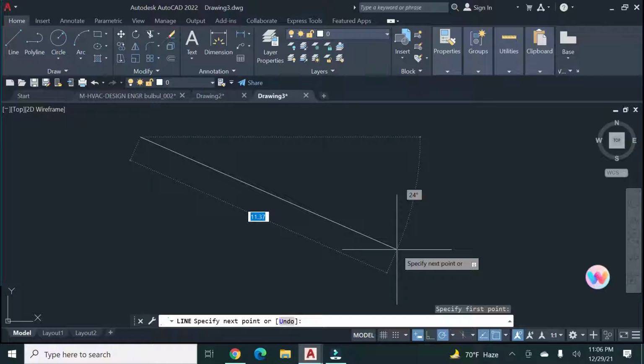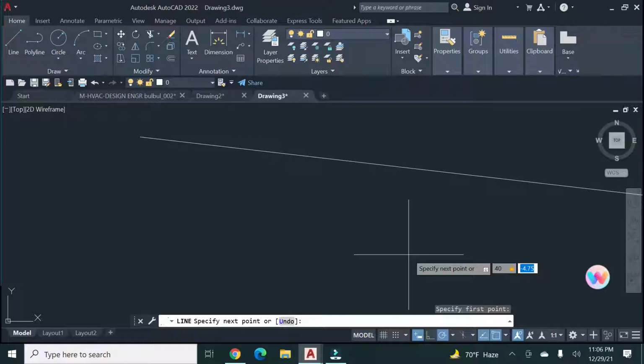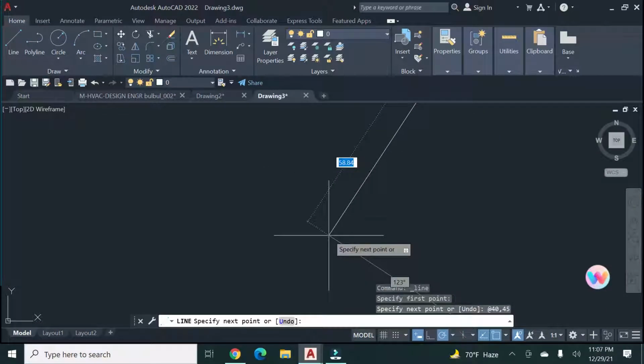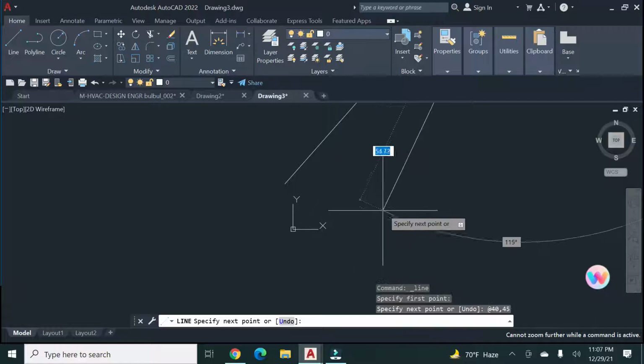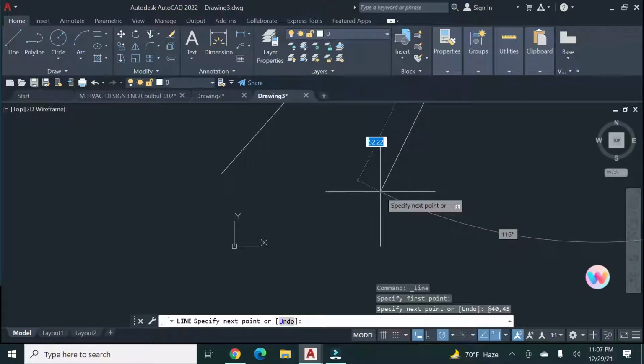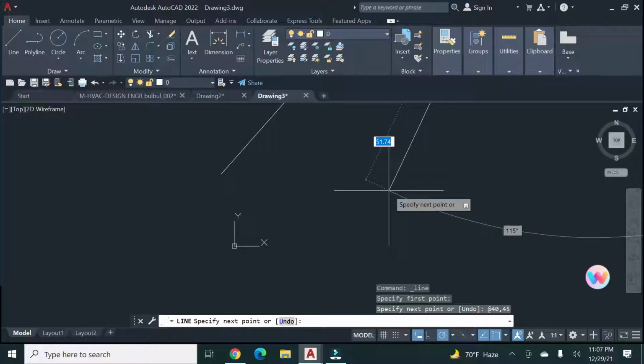I want a straight line at a 45-degree angle. So what length will I take? Suppose I take 40 mm and I set my angle to 45 degrees. Okay, I need to type a comma, not only go to the 45 angle, enter. So it automatically draws my line, 45 angle. When you want to come out from a command, you just click the computer ESC button.